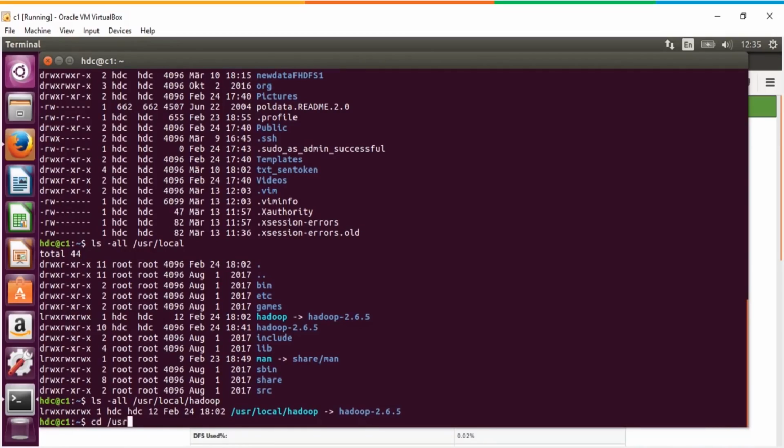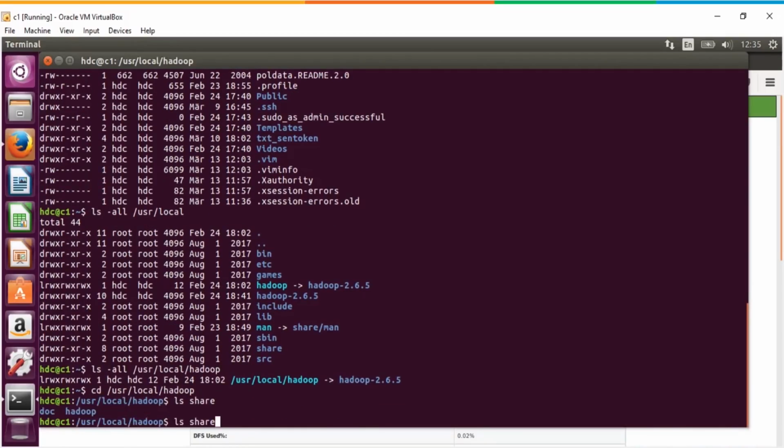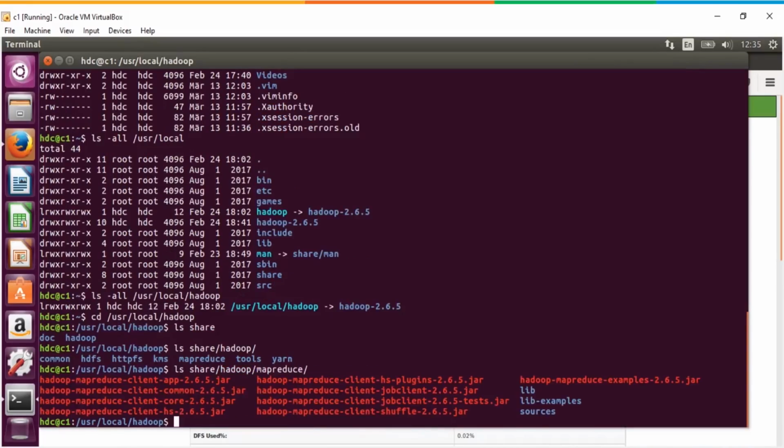So let's go to user local. And here we have share. In that we have Hadoop. In this Hadoop we have MapReduce, yarn, tools, other subdirectories. Let's go into MapReduce, which has some sample jar files, and we can take the example that is Hadoop MapReduce